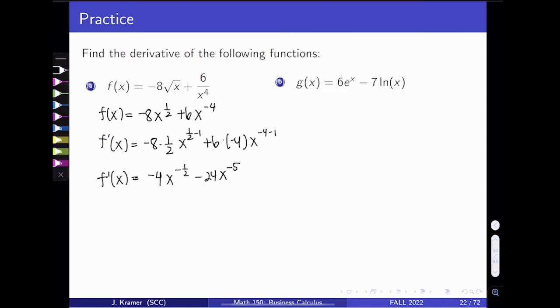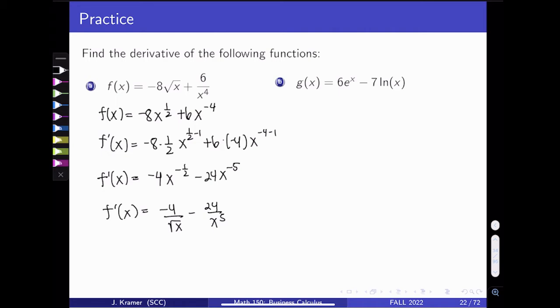Any negative powers need to be put into positive by moving them to the denominator, and any fractional exponents need to be made into radicals. And so f prime of x is negative 4 over the square root of x minus 24 over x to the fifth. Taking a look at part B, we want to take the derivative of g of x, which is